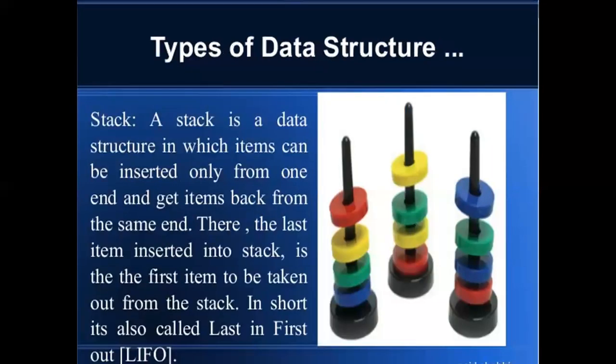And the second type of data structure is the stack. A stack is a data structure where data is inserted only from one end and retrieved from the same end. So we store the first element here, second element here, and third element and fourth element. So the first element is inserted at the bottom and the fourth element is inserted last, on top. Suppose we want to delete an element, which one can we delete? The fourth element only we can delete first. That's why it is called last in first out. So we cannot delete the first element first.